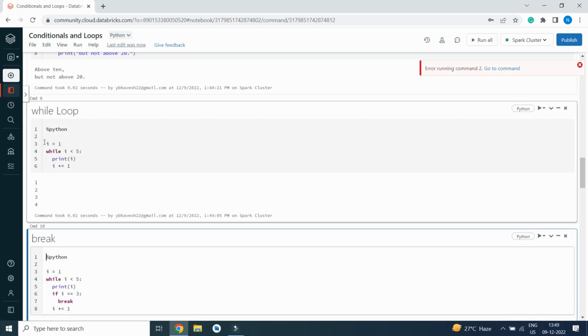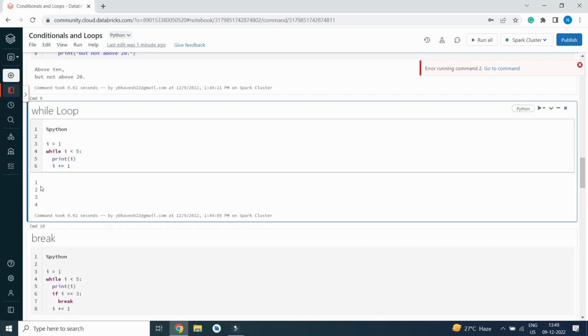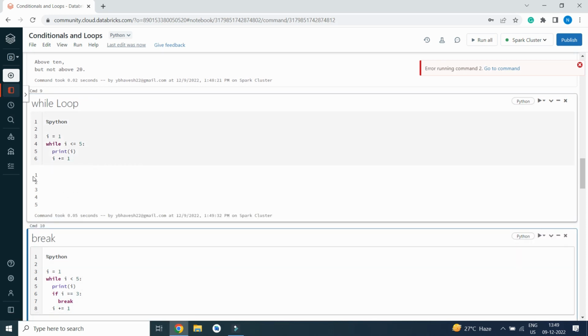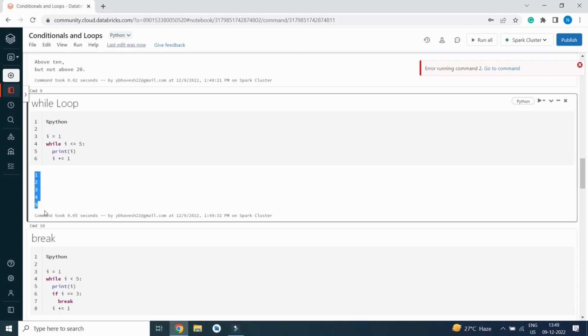I is 1, while I is less than 5, true. It will print I equal to 1. Then I equal to I plus 1, so it becomes 2. That's why it is printing 2. If I write while I is less than or equal to 5, it will print 1 to 5. Let's execute the code. Here you can see up till 5 it has been